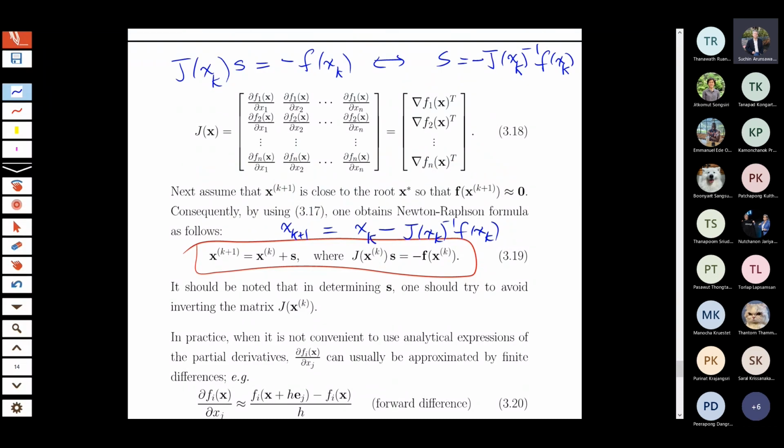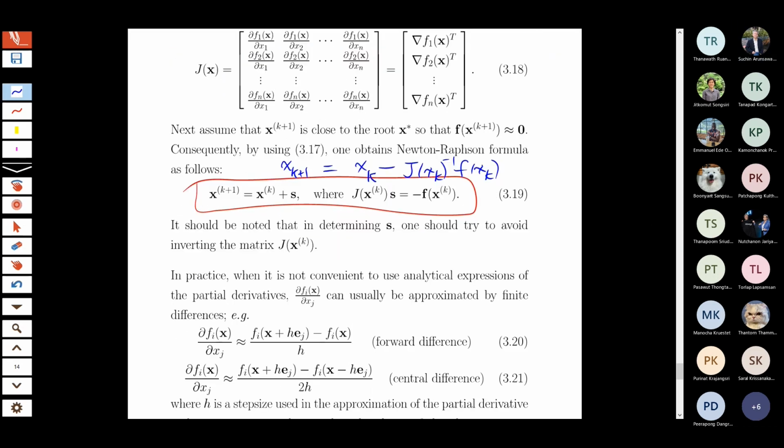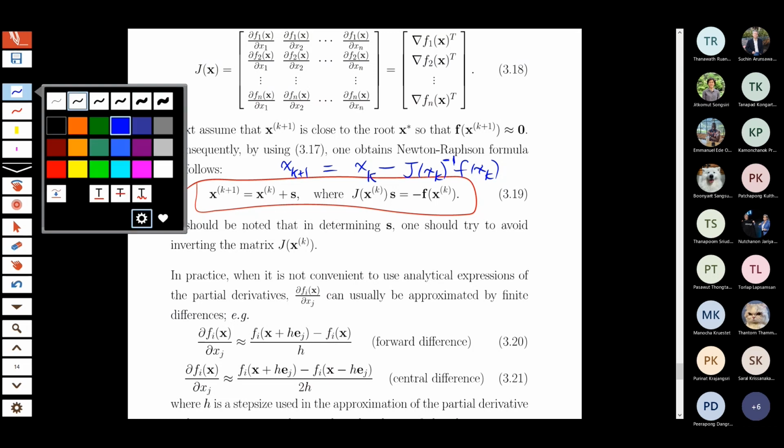If you implement this equation, will you compute the inverse matrix? Yeah, we have the inverse matrix, right? x_{k+1} equals x_k minus J(x_k) inverse multiplied with f(x_k). Aisha? Yes, Professor, we have to take the inverse of the matrix. Yes, so I think normally 3.19 is simpler than the